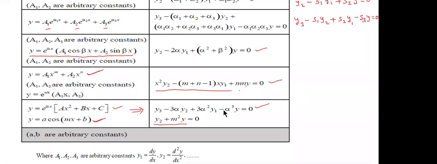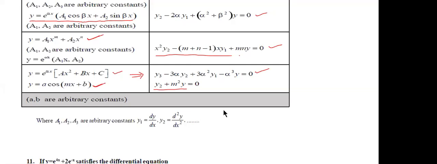And overall observe that a1, a2, a3, these are arbitrary constants. y1 means dy by dx, y2 means d square y by dx square. Then what is y3, students? d cube y by dx cube. What is y4? d power 4 y divided by dx power 4, four times differentiation, the fourth derivative. Okay. I think all of you understood now. Remember these shortcut methods, then you will get the answer within 1 minute.